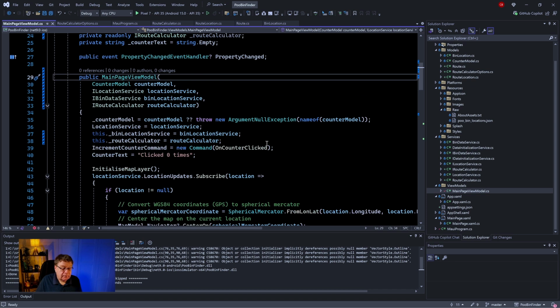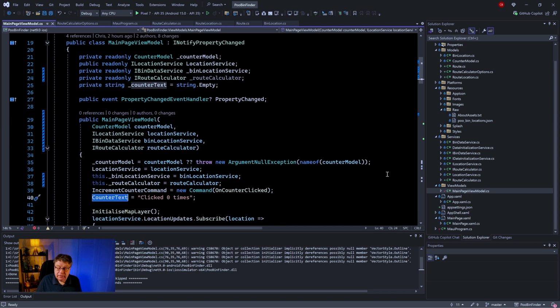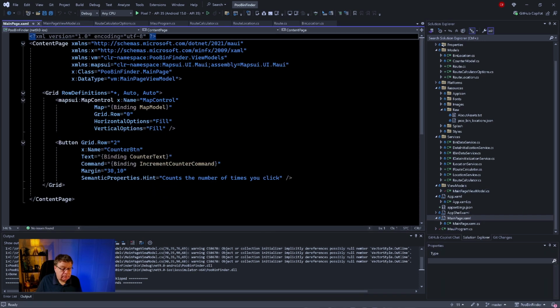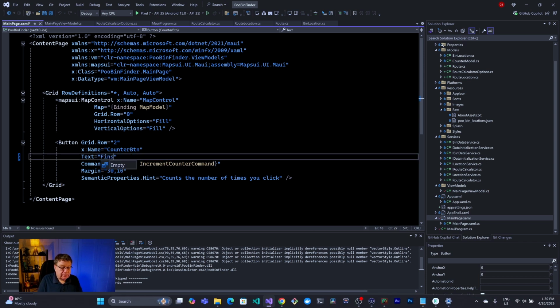Gives us that counter text. It's a thing that we do not need anymore. So let's have a look at our main page.xaml. The button text is binding to counter text, so we don't need to do that. We'll just get rid of that binding and we'll just say